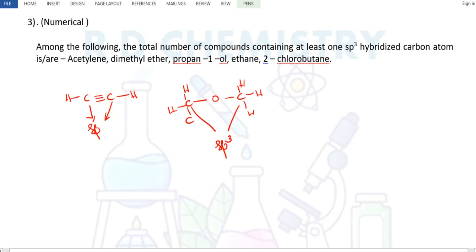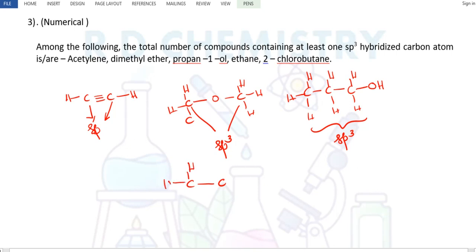Okay. Then we have got propanol, carbon number 1, carbon number 2, propanol on first carbon atom, terminal carbon atom. Remaining valency are hydrogen here, correct? We can see here everywhere, okay, the carbon has got 4 sigma bonds. So all carbon atoms here are sp3 hybridized. Then ethane, next one is ethane. Ethane is a 2 carbon atom hydrocarbon. So single bonds around the carbon atoms, okay, all single bonds here, correct? So both the carbon atoms are sp3 hybridized.